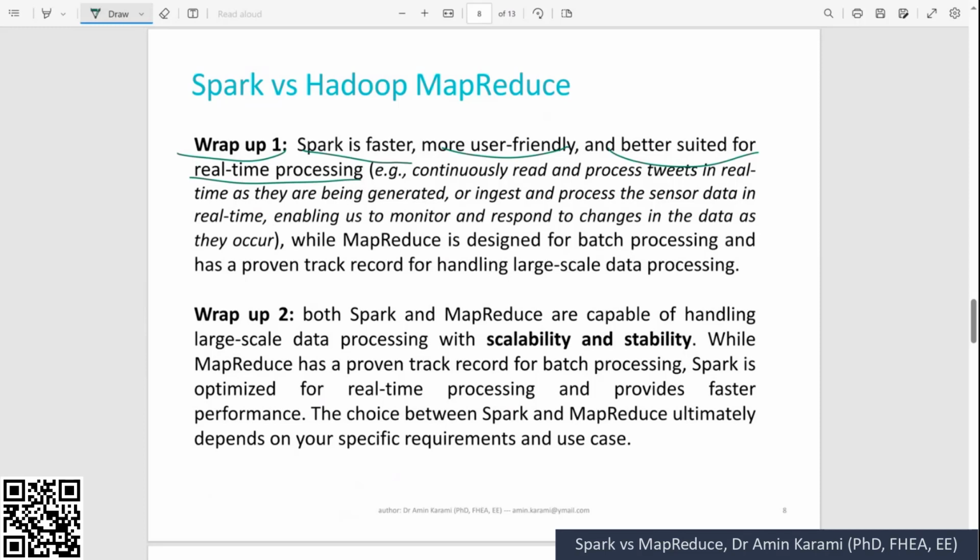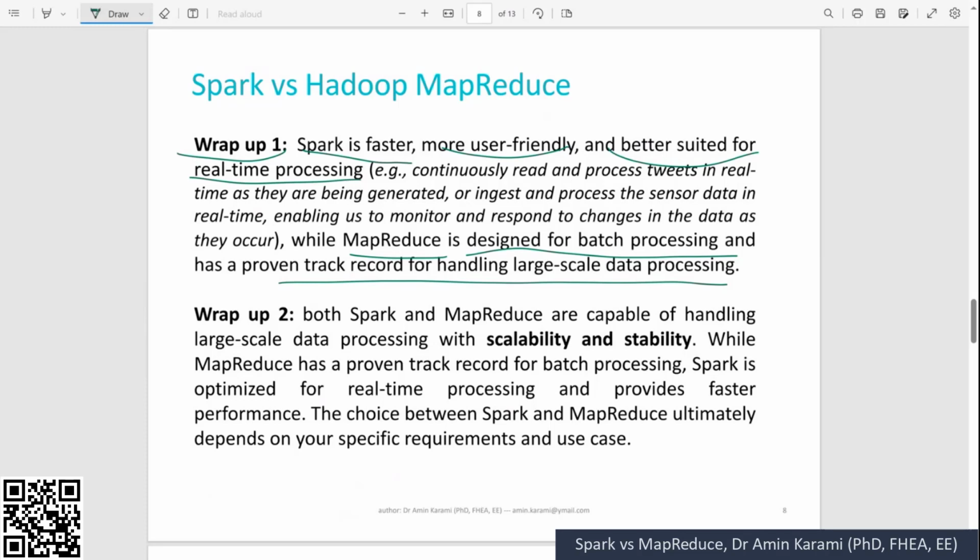Means you can enable monitoring and respond to the changes in the data as they occur. All right. But while MapReduce is designed for batch processing and provides lots of components to handle large-scale data processing, it doesn't mean that you cannot use Spark for batch processing. You can still use Spark for batch processing, but you cannot use MapReduce for